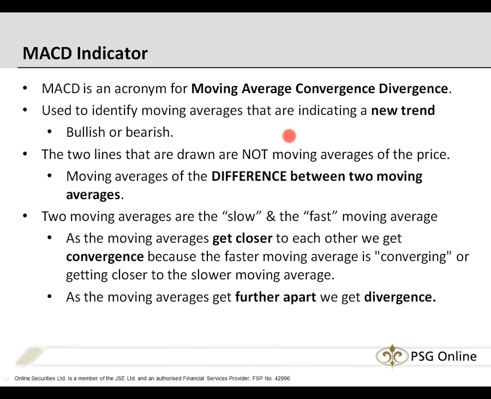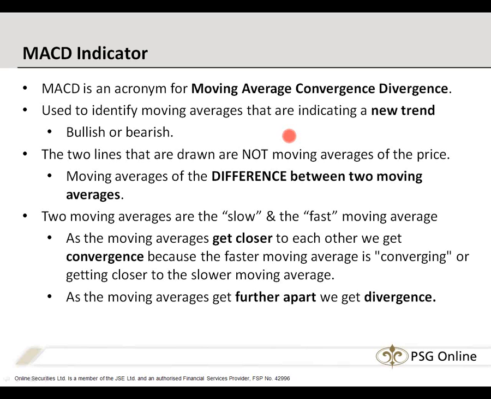Okay, so let's go quickly into MACD. MACD stands for Moving Average Convergence Divergence. So MACD is the difference between two moving averages. But the idea is that you want to use the moving averages to help you determine a new trend. Are we bullish now or are we bearish? Okay. So these two moving averages, remember, some of the moving average of price, it's a difference between a 25-day and a 12-day. Creates a third moving average. And what happens, the system automatically puts a fourth moving average on top of that, what we call the